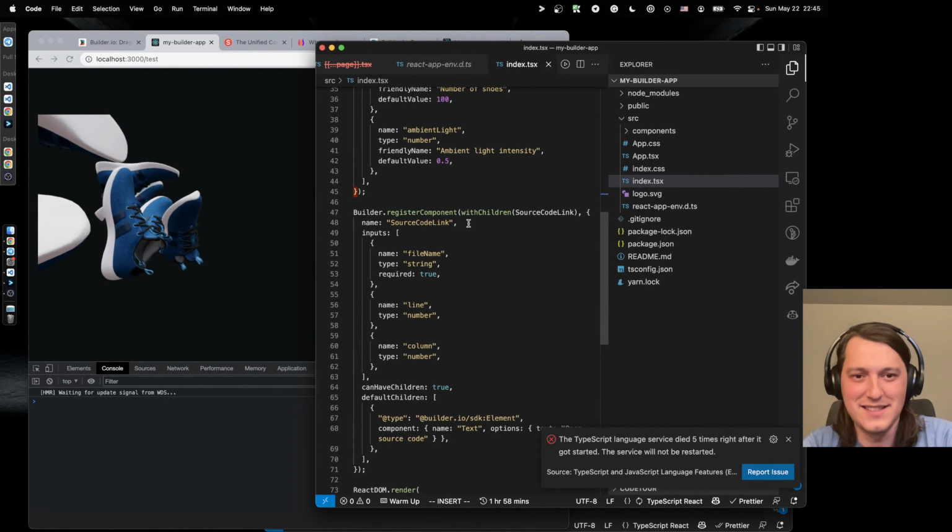Oh, I guess that's just the... highlighting doesn't work. Okay, this is not what I was searching for.